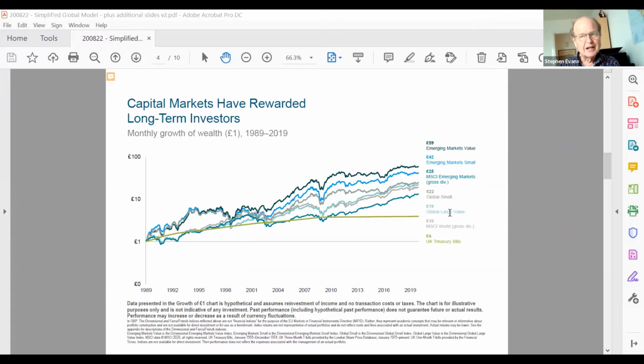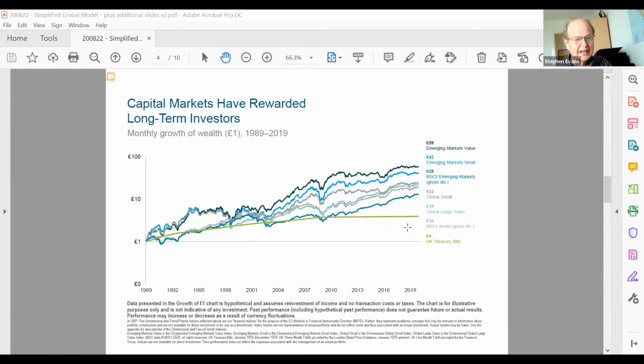So our strategy is to invest in the whole world share market, with a weighting towards these smaller companies and value companies, and also a weighting towards emerging markets, because it's also clear that emerging markets have outperformed the developed world